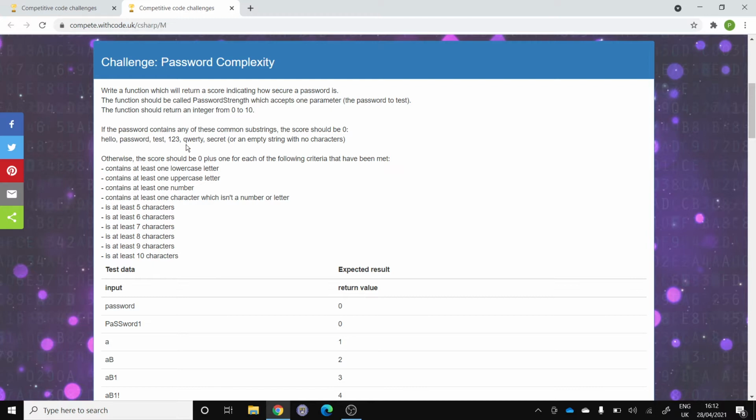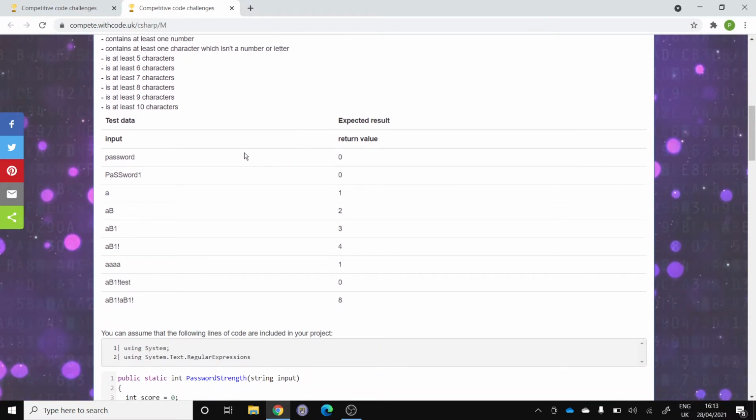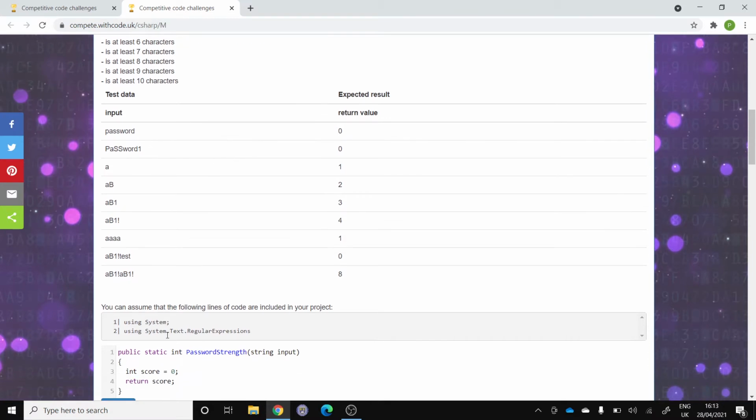So this builds on the skills that we've been building up with regular expressions, so that we need to make a function and it gives us a score telling us how secure a password is. So let's look at the test data first and what we've got to start with. So we have a function, it returns an integer, it's passed one parameter, which is a string, and then if